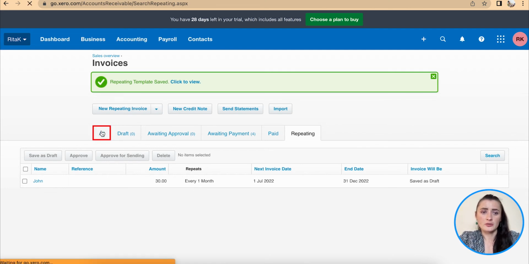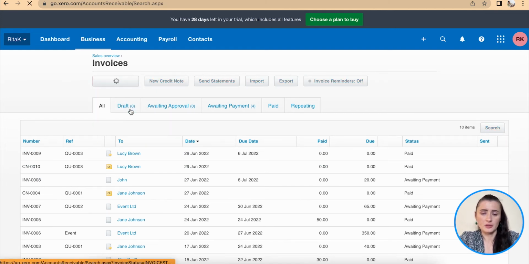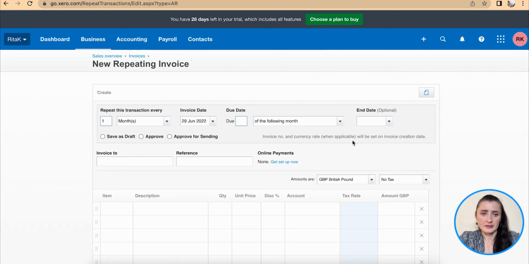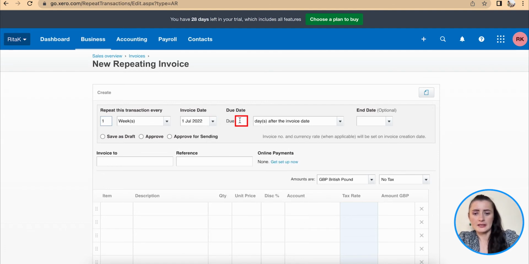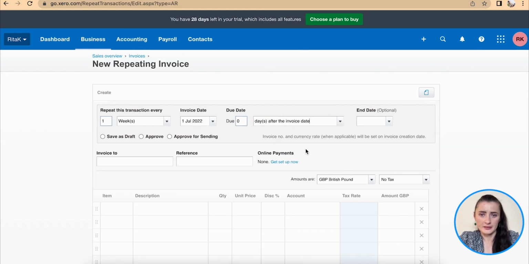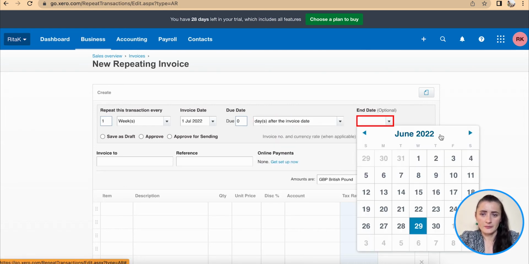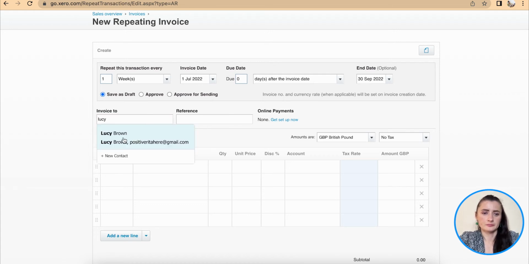So if we need to add a completely new recurring invoice, click on new repeating invoice and fill in details. The same way, adding support documents, recurring every week, invoice starting from 1st July in my case, and this is due 0 days after the invoice date. Okay, end date, I will give end of September, save as draft, invoice to Lucy,